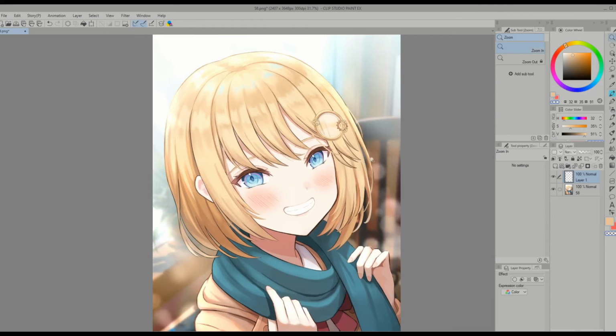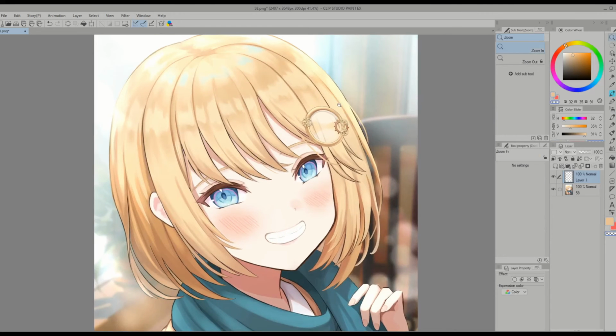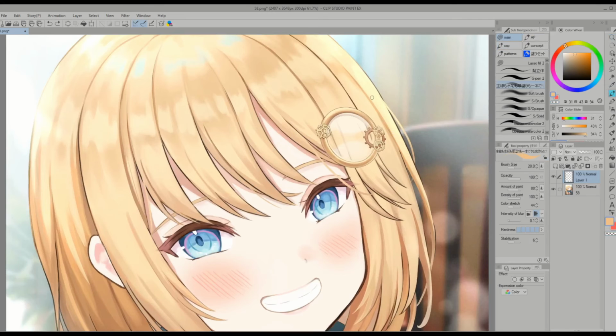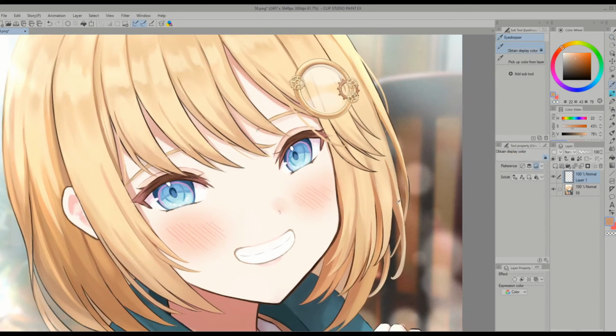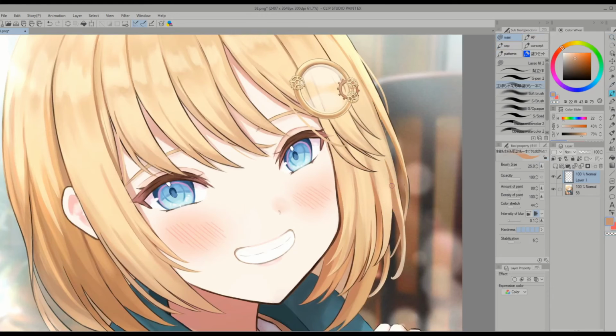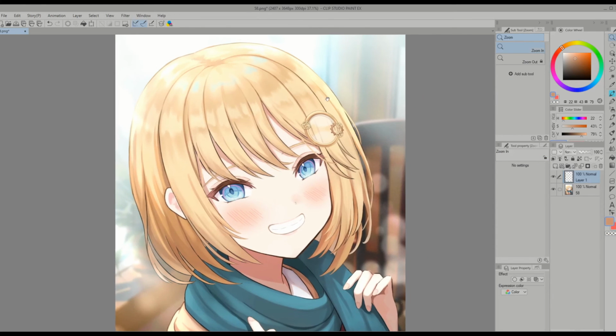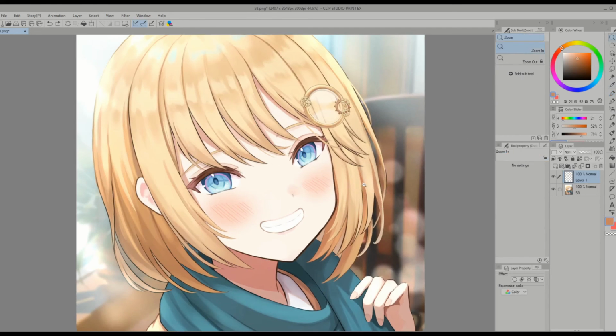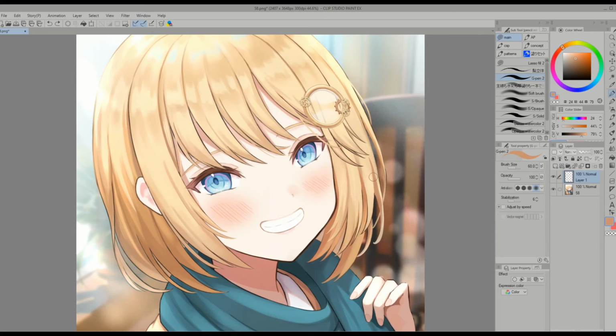So this brush can help you keep things simple and just focus on the painting. But be warned that you can take it a bit too far because it's definitely not ideal for some things such as blocking in colors, right? Because you have to press hard and it might not be consistent. In that case, if you need to block in colors for whatever reason, I would recommend using the default G pen here. So it'll do a much better job of putting flat colors like this, just like that.